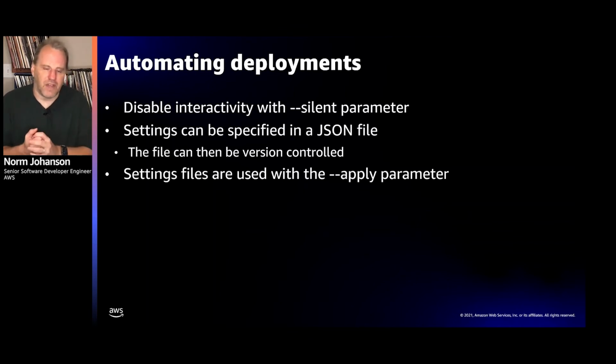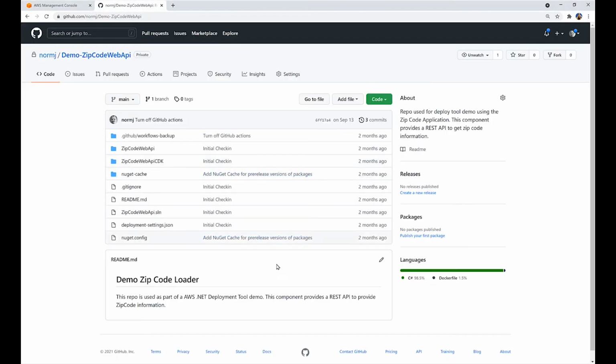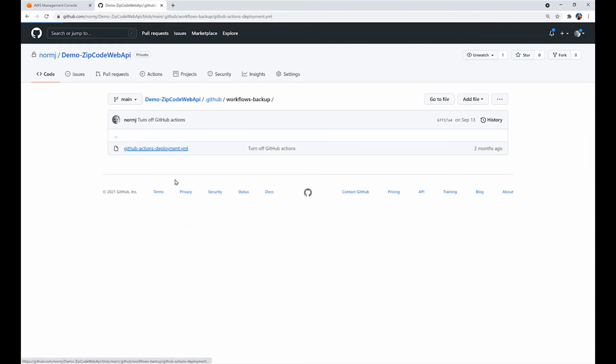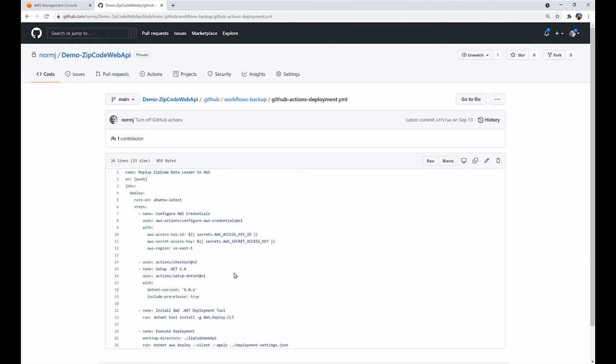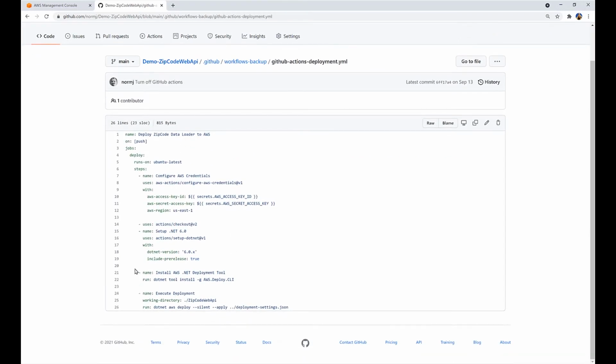Now, I've actually set up a GitHub action out there that will show you how this can be done. So let's go switch over and see what that looks like. I have a repo out there on GitHub, which actually has a GitHub action set up using those same commands. We can see I'm installing my CLI tool. This is that convenience of the fact that the tool can be installed with just one single command.